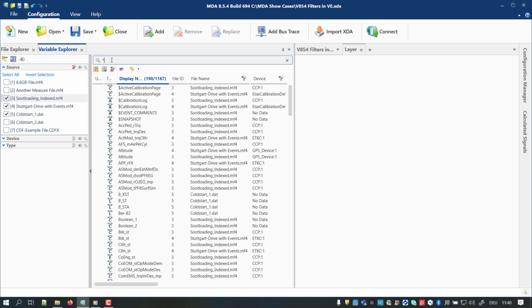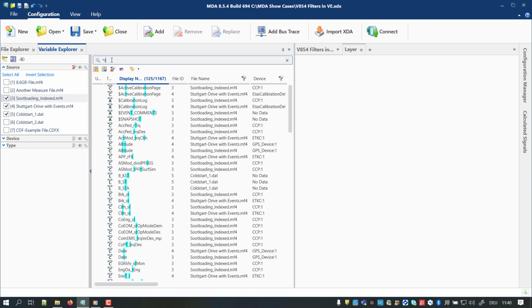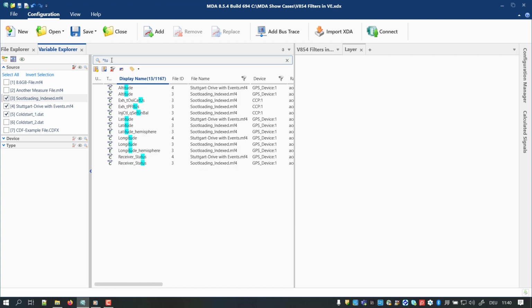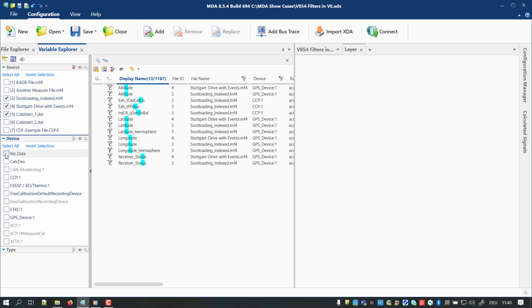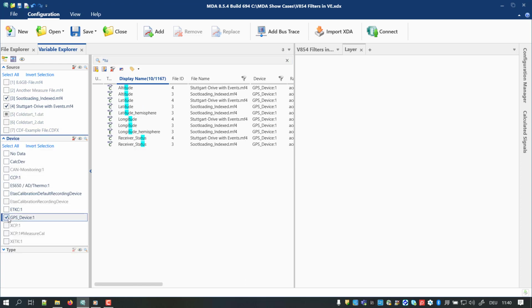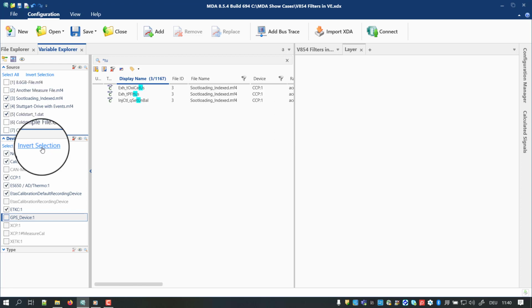A category filter can be combined with the search field for the display name column. Then the listed variables must match the category filter and the search string. Such a logical AND is applied also in case entries in different categories are selected. The selection of each category can be inverted easily.